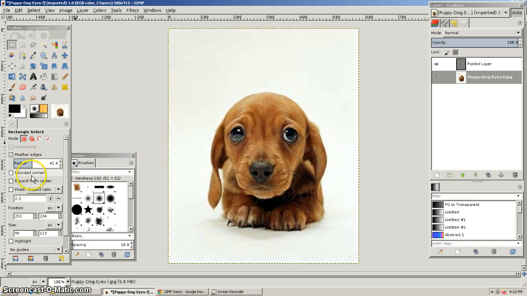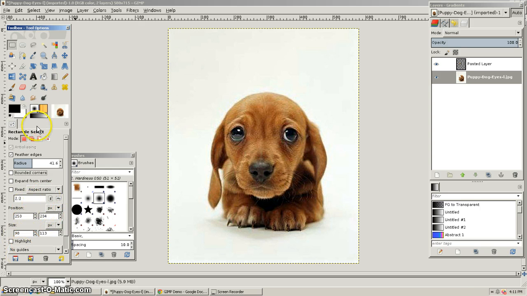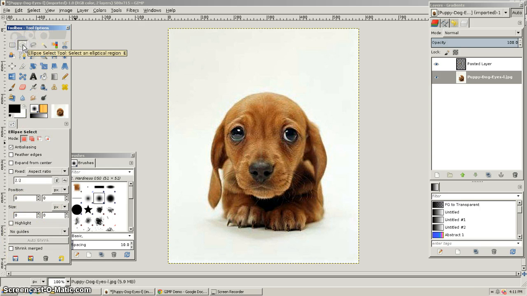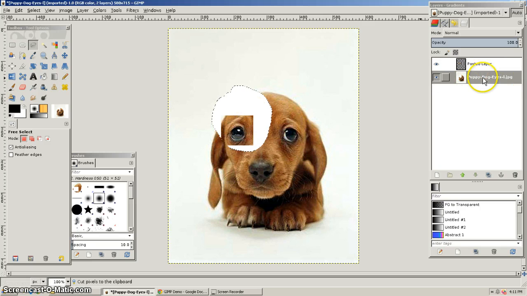Now this also has the ability to round corners. This has some rounded corners on it, and it has some other attributes that you could adjust. Same thing for all of these, the round one, and the lasso. The lasso allows you to just drag a region, and whatever's in that I can remove. And notice that it's only doing it to the layer that's active. It didn't do anything to this layer here. The puppy dog eye is still active, or is still